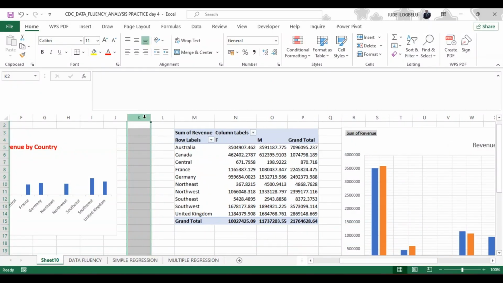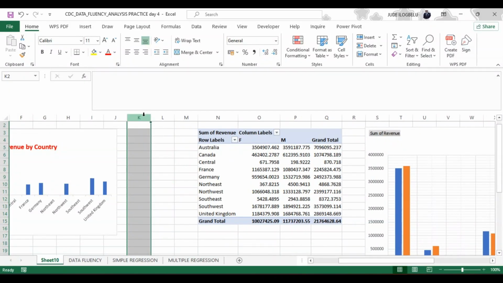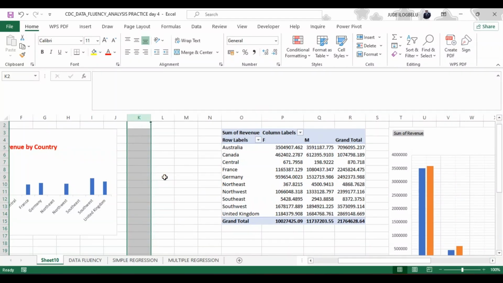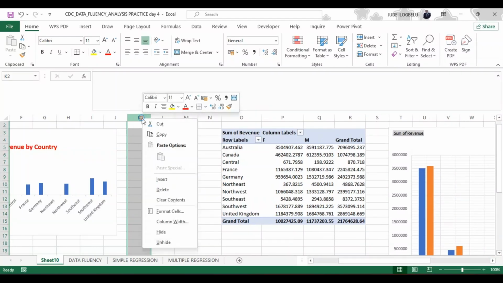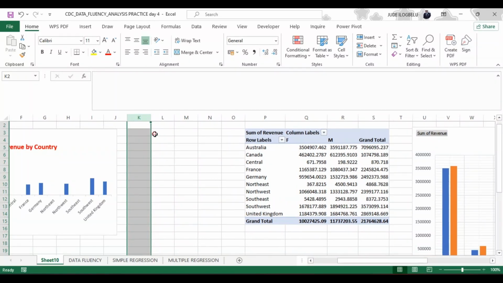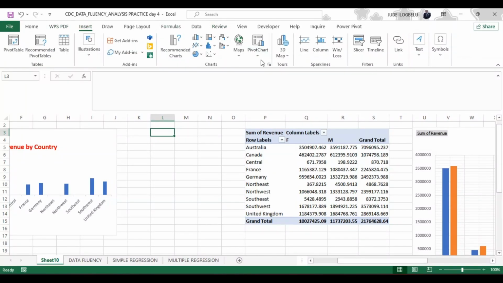So you want to insert more space so that you can answer the second question. You can do that by just going to insert and insert more space. It will help you to do more work. Okay, so let's come here and just click on this place, go to insert and pick our pivot chart by